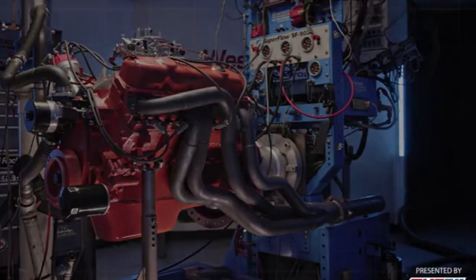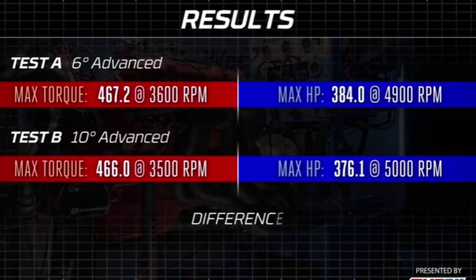Man, that is such a lazy engine. Well, here's our new power numbers: 466 pound-feet of torque, 376 horsepower, which is not radically different, but let's see